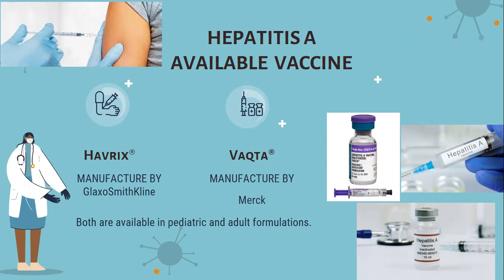So here are the available vaccines for hepatitis A: the Havrix and the Vaqta. The Havrix is manufactured by GlaxoSmithKline and the Vaqta is manufactured by Merck. These two available vaccines are both available in pediatric and adult formulations. Okay, next is,